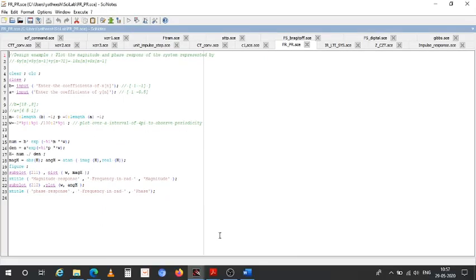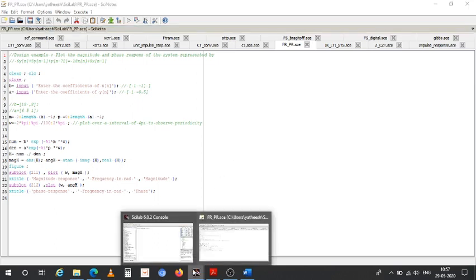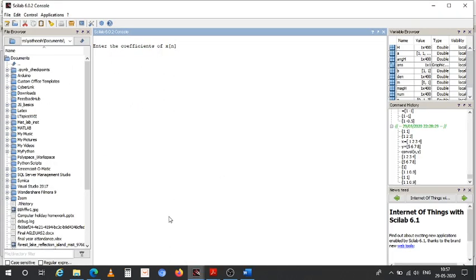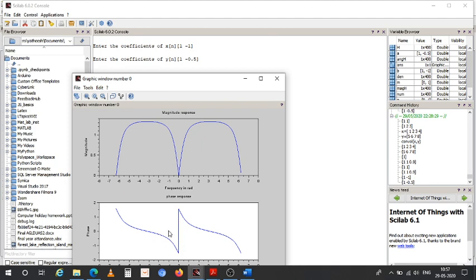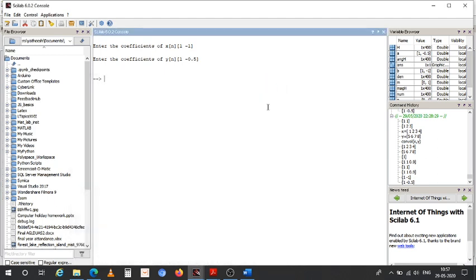Okay, 1 minus 1, 1 minus 0.5. So this looks better. So that's how we compute the frequency response and magnitude response.